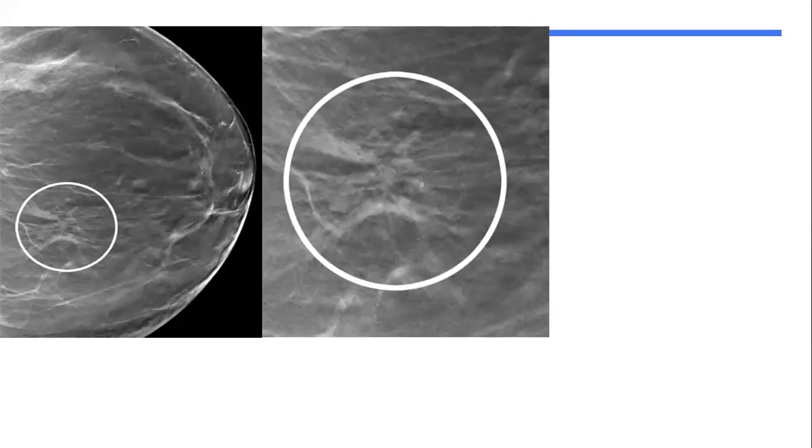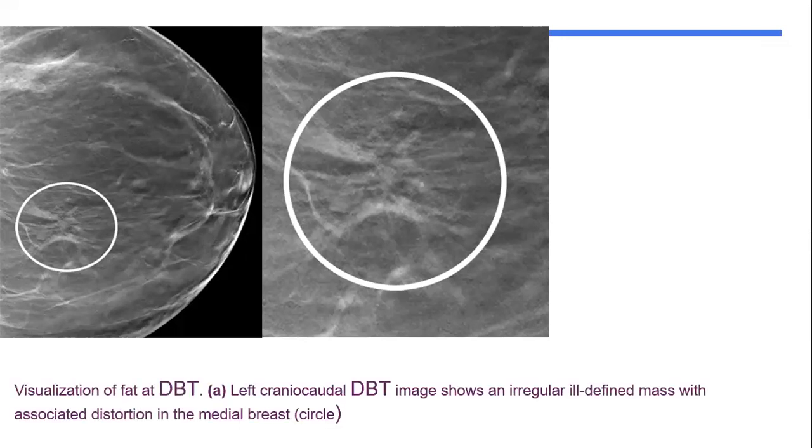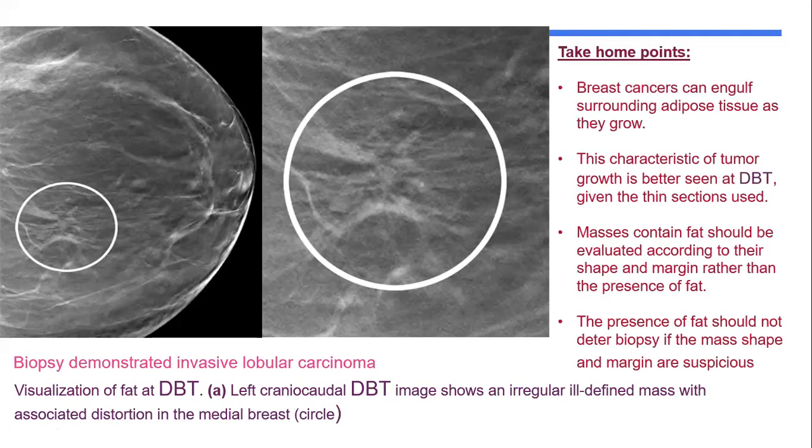And previously, when we saw fat, we usually labeled the lesion as benign. And we can consider, in the type of spiculations, fat necrosis and these types of lesions. But recently, in the literature, they describe, due to the use of thin cuts, in this case, it was biopsy proven to be lobular carcinoma. And due to the use of the thin cuts with tomosynthesis, they found that